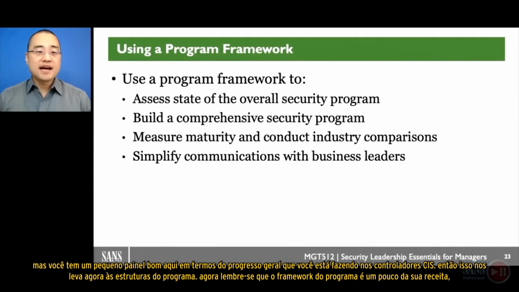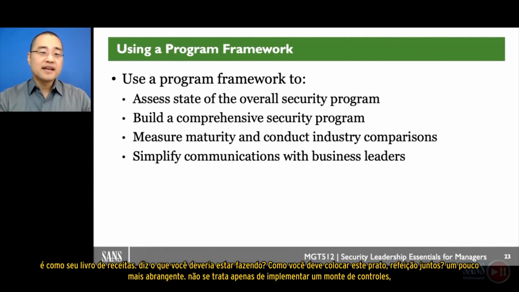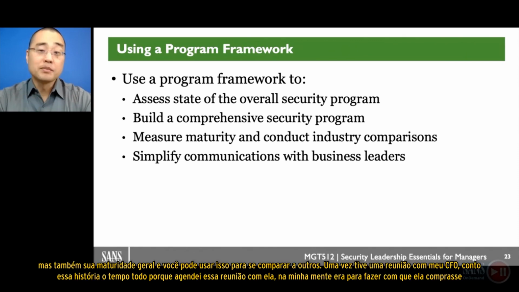So this brings us now to program frameworks. Now remember, a program framework is a little bit of your recipe. It's kind of like your cookbook, right? It says, hey, what should you be doing? How should you put this dish, how should you put this meal together a little bit more comprehensively? It's not just about implementing a bunch of controls. You also want to make sure that you build a comprehensive security program so that you can measure not just your progress on implementing those controls, but your maturity overall,